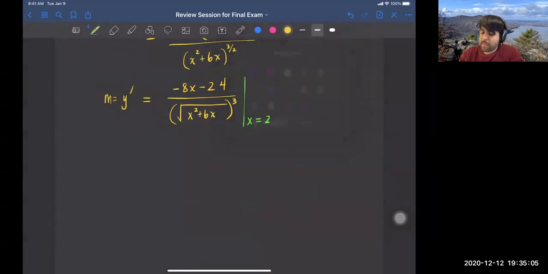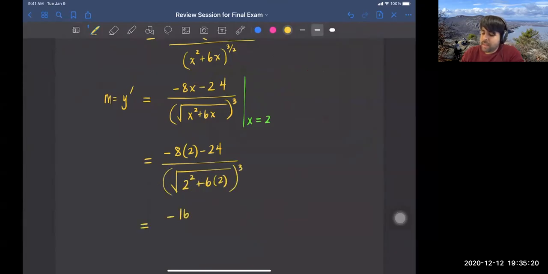And I just have to plug in. So this is -8 times 2 minus 24, over the square root of 2 squared plus 6 times 2, cubed. And I get -16 minus 24 divided by, this is 4 plus 12. Take the square root of that and cube it. -16 minus 24 becomes